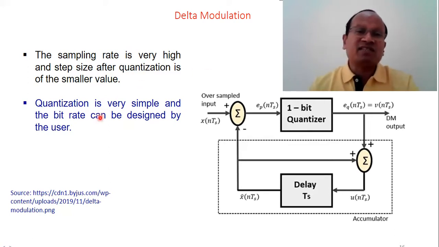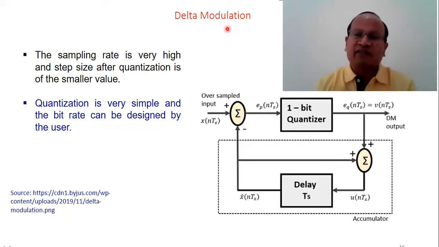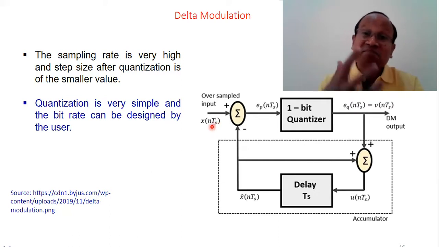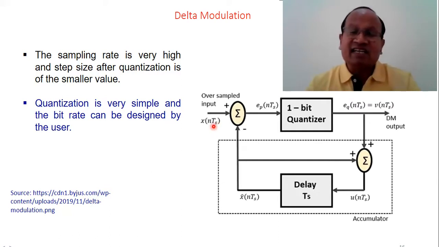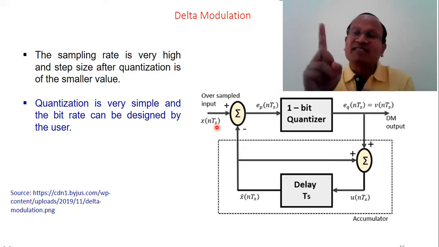So how are the pulses checked? As the name suggests, delta. Del or delta is a term used for difference. So what happens? You can see x(nTs). What is this x(nTs)? It is a sampled signal, where n is an integer, Ts is a sampling time. So when samples are coming, if I receive the first sample, first pulse, then second and third, if the second pulse is changing, please understand, there will be a difference. So the difference is encoded into a single bit.